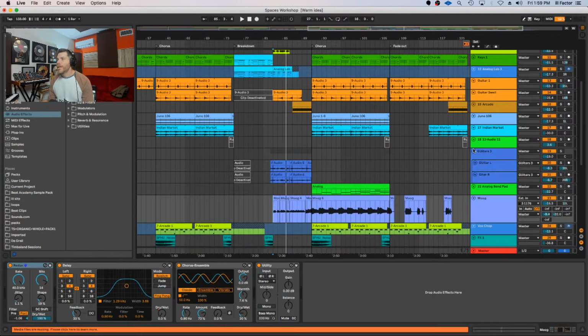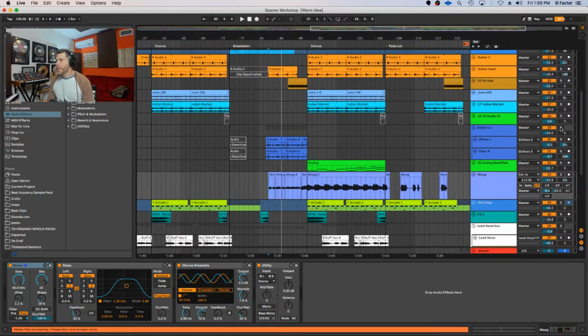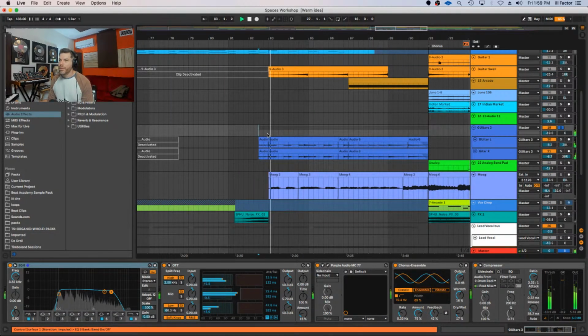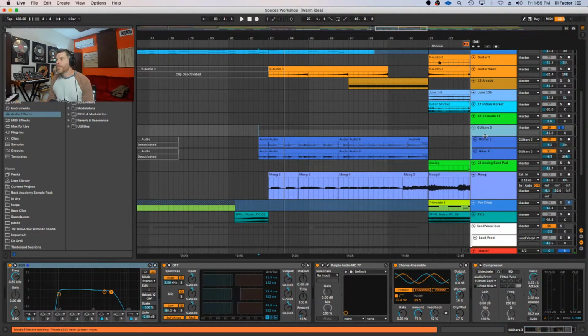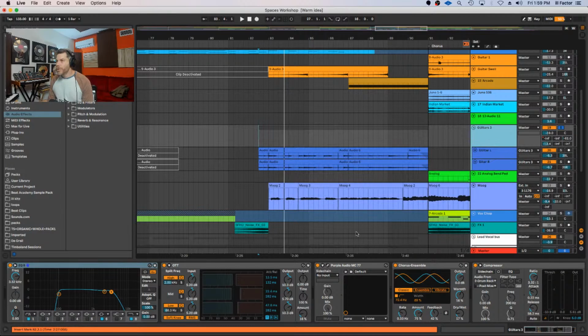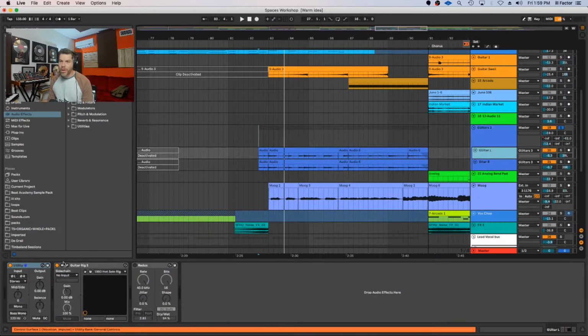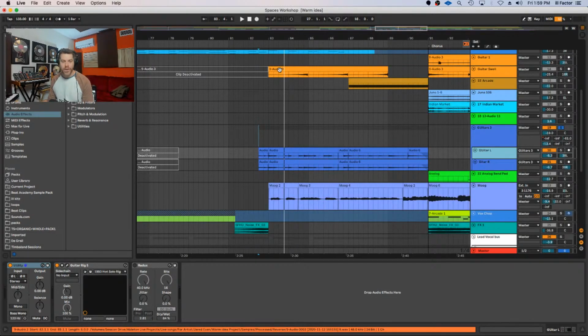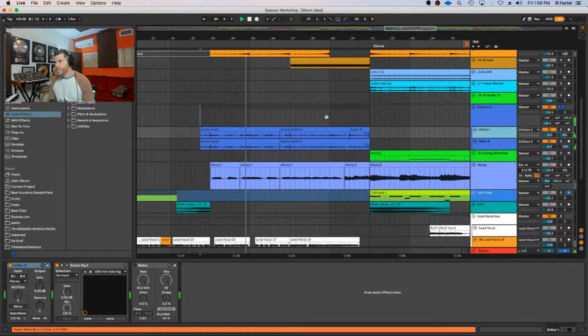And then the guitars are doing a lot here. Here are the electric guitars, and this is one of my favorites. I'm using Guitar Rig 5. I haven't been up to date, but I love the harmonic synthesizer. Such a great sound. It's something I just loved and adored and always used.